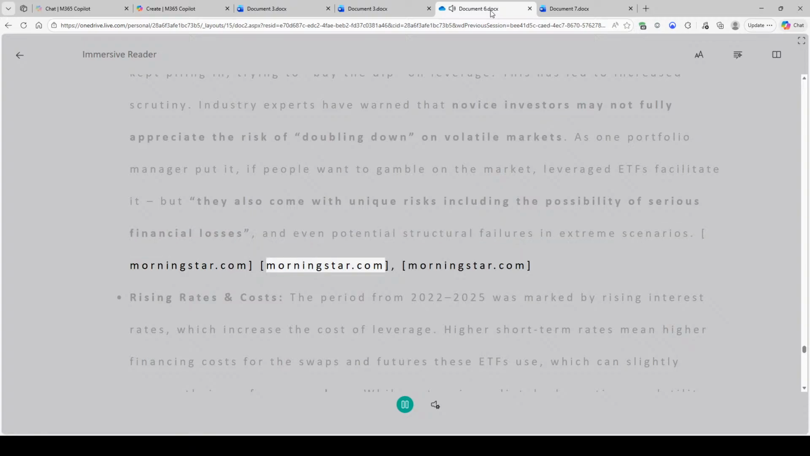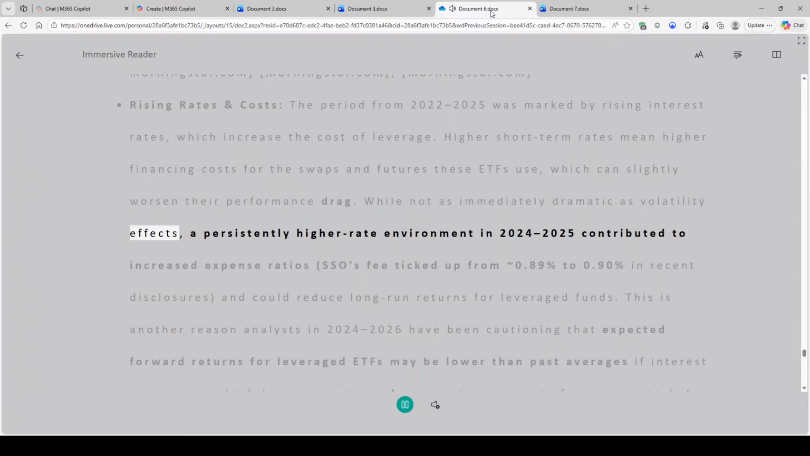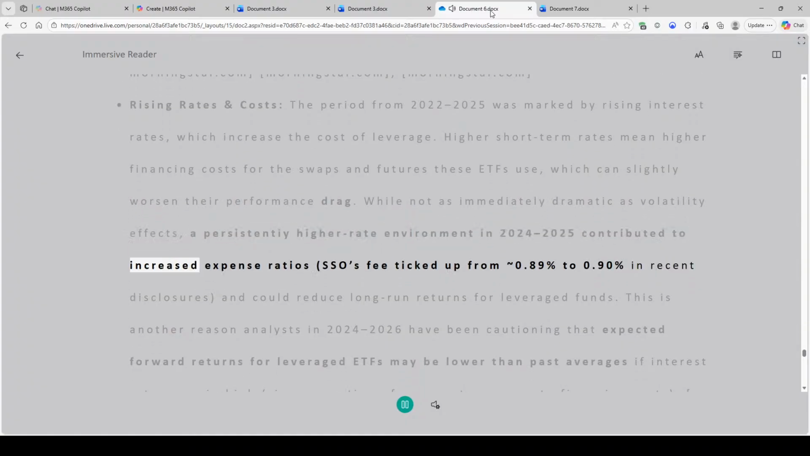Rising rates and costs. The period from 2022 to 2025 was marked by rising interest rates, which increased the cost of leverage. Higher short-term rates mean higher financing costs for the swaps and futures these ETFs use, which can slightly worsen their performance drag. While not as immediately dramatic as volatility effects, a persistently higher rate environment in 2024 to 2025 contributed to increased expense ratios. SSO's fee ticked up from 0.89% to 0.9% in recent disclosures,